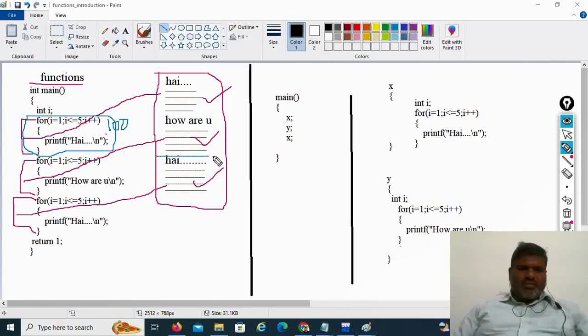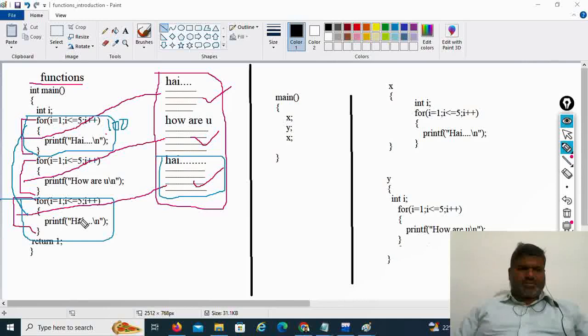Again, if you want to perform the same task, the same 100 lines of code whatever we have written here, the same code we are repeating in our program. That is 100 lines here, again the same 100 lines we are repeating here. That is, the same task if you want to perform, we are writing the code repeatedly. That is repetition of data. This is one drawback with